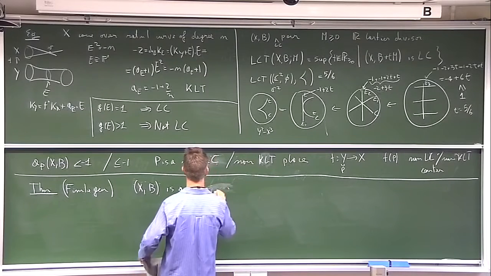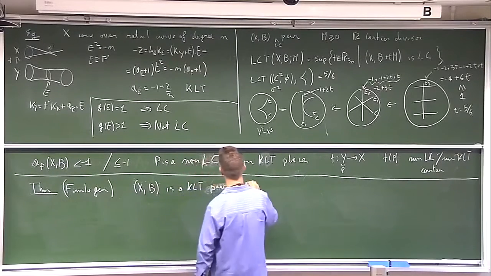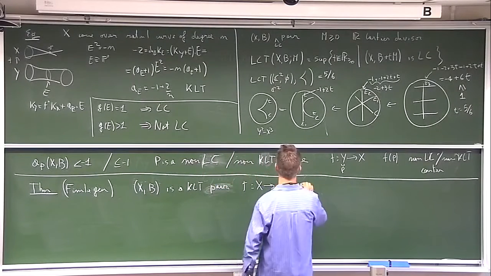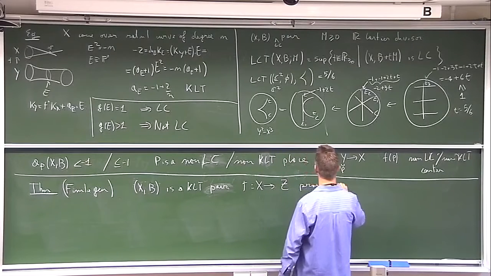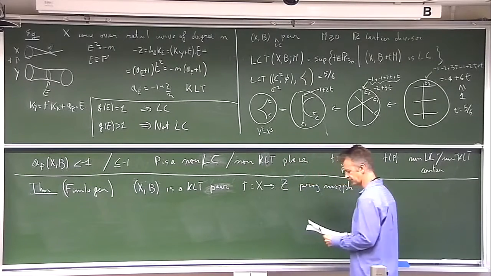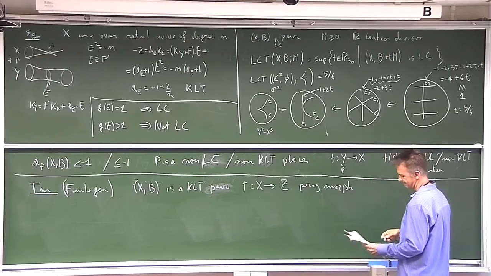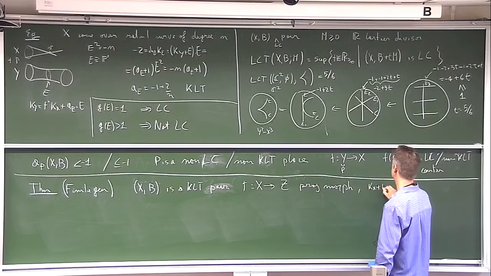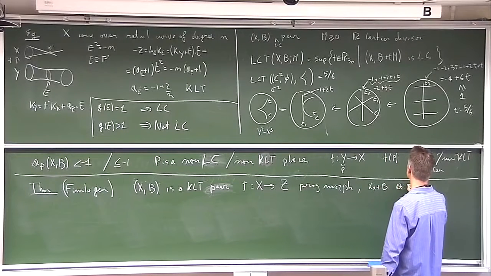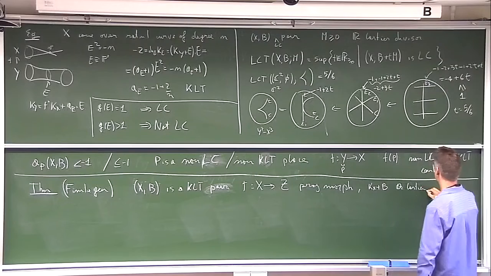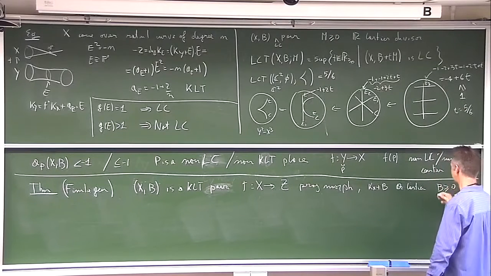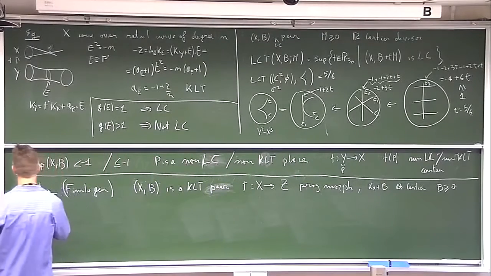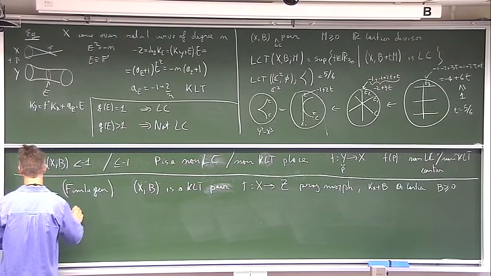Now let's state it more in general. So it's a KLT pair, and let's say that f from X to Z is a projective morphism. I'm going to state it in the relative setting because I will need it in the relative setting. And let's assume that K_X plus B is actually Q-Cartier. I typically assume that B is effective, but let me emphasize that it's effective. Then the relative canonical ring